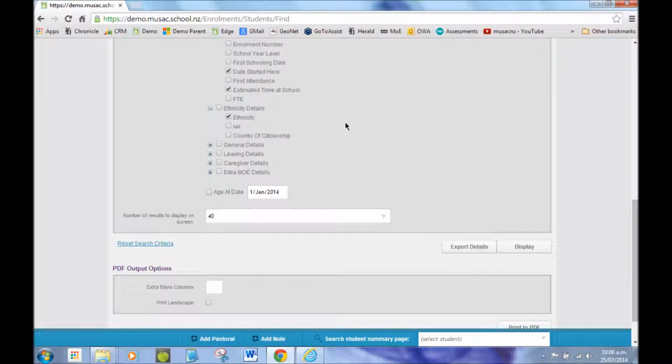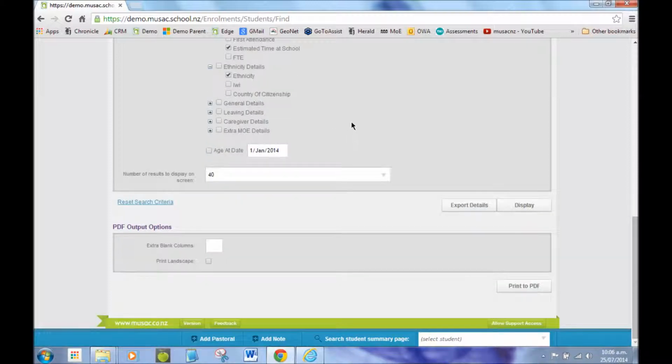Once I've ticked the fields that I like in my filterable list, I scroll down a little bit further and I have three ways to output. Export details creates a CSV file which will open in Excel. To the right of that, display for just putting on the screen, possibly just for a quick reference to the data. Could be printed from there though with a right click, or more often print to PDF, and I'll give